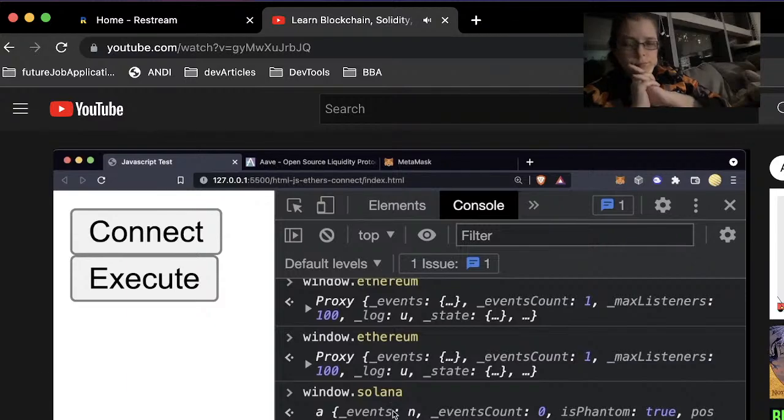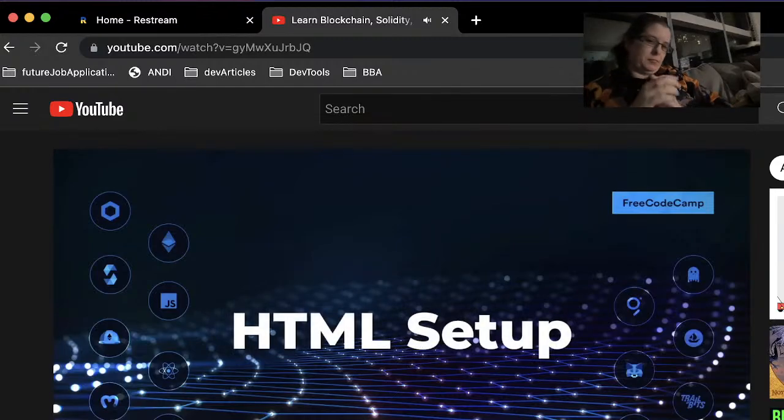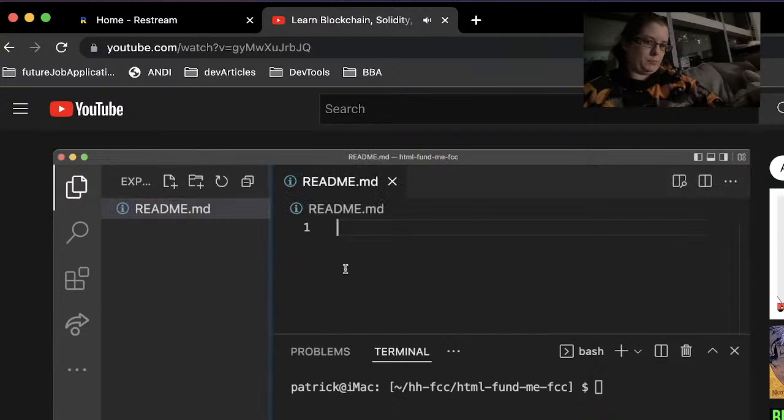So this is the main thing that we need to know. We always need a connection with the blockchain, and these browser wallets are an easy way to do that. Make sense? Great. Let's take this knowledge now and let's apply it. So in here, let's make a quick readme.md just so we can talk about what we're going to be making here. So in this section, we're going to be